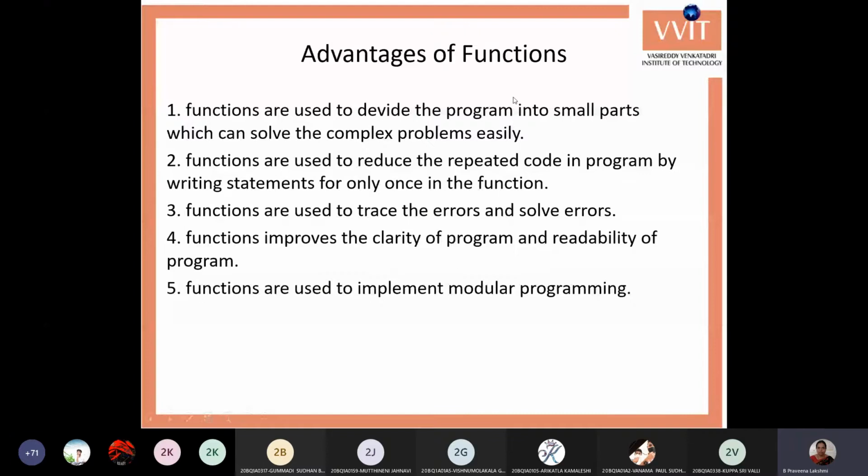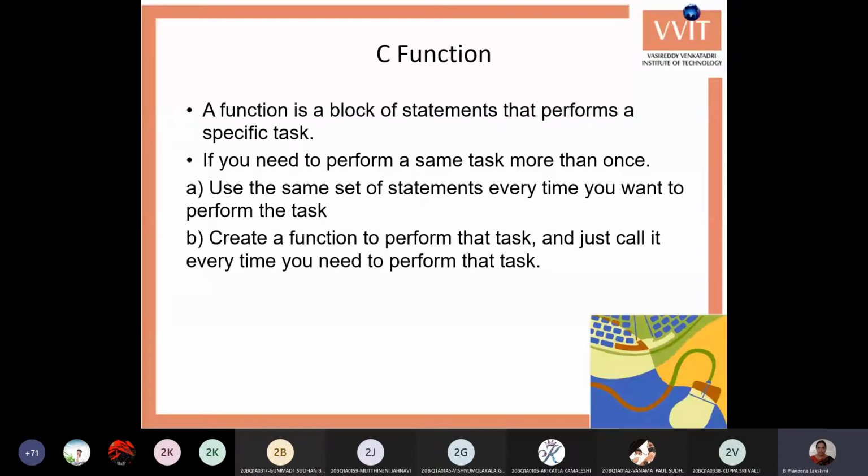It is easy to trace and solve errors, it improves the clarity and readability of the program, and it is used to implement the modular programming concept.